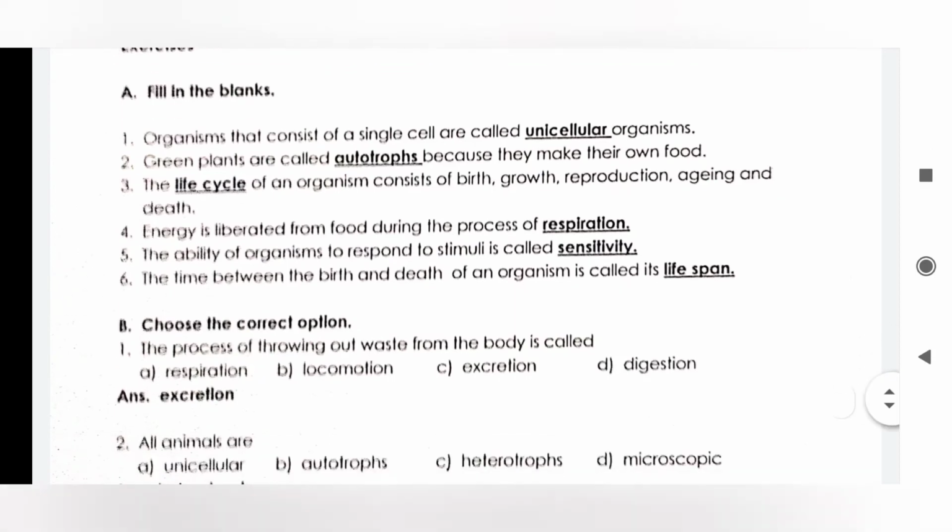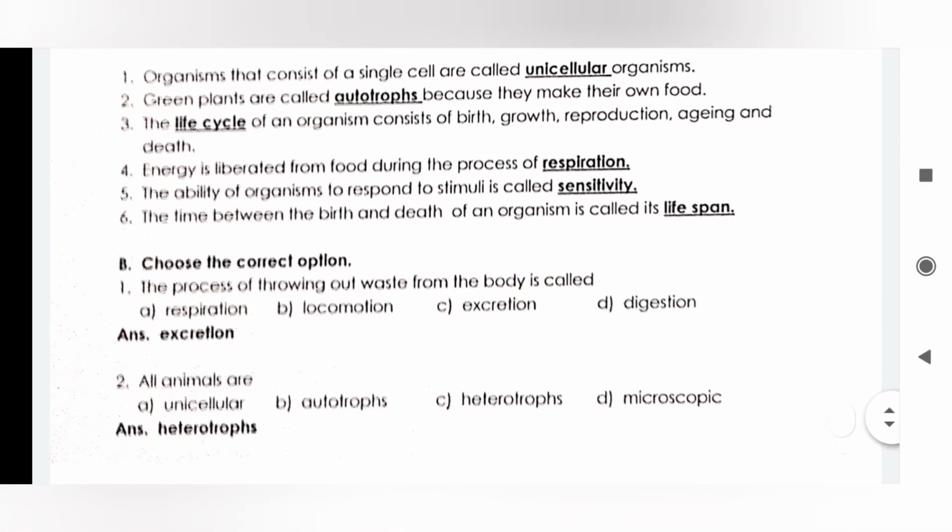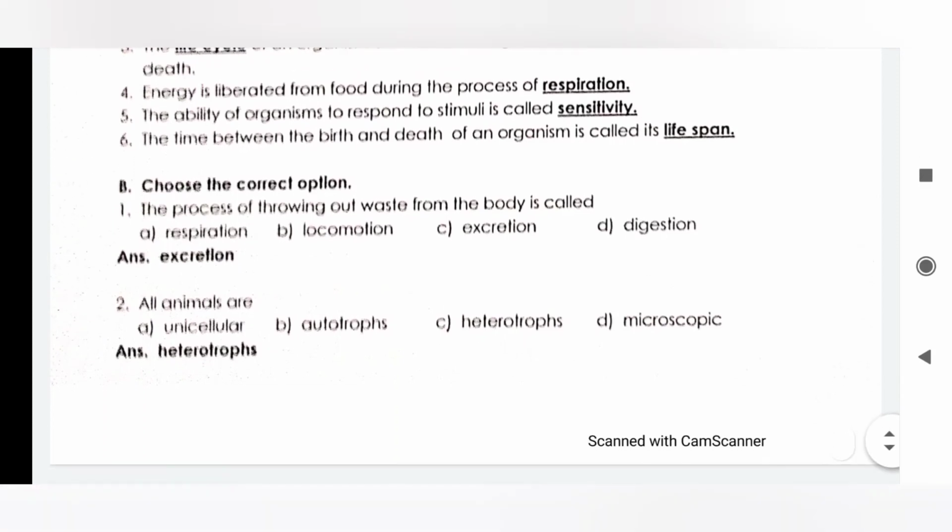Then next one, choose the correct option. First one, the process of throwing out waste from the body is called, four options are given. The right one is excretion. Second question, all animals are unicellular, autotrophs, heterotrophs, microscopic. So the answer is